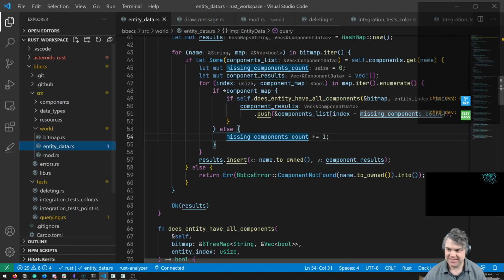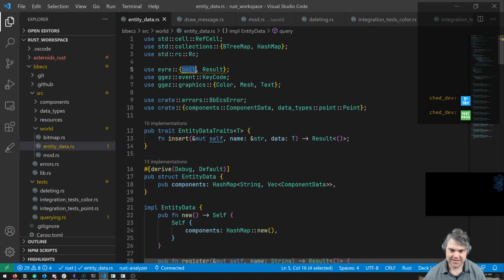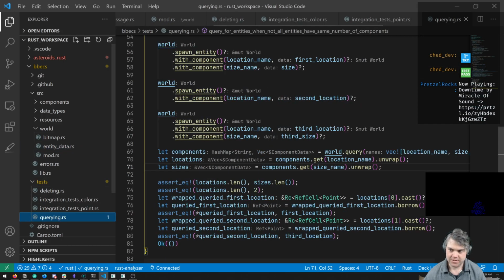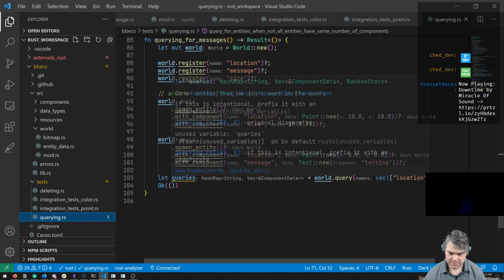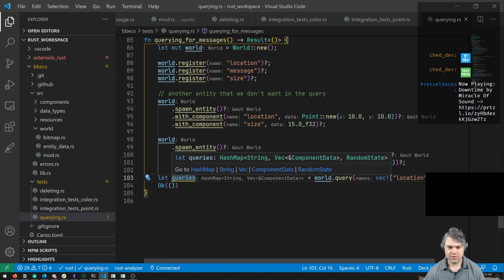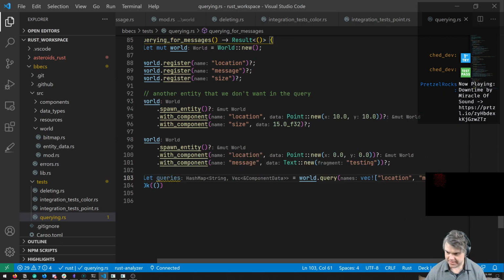Let's go ahead and get rid of some of these warnings. All right, so I'm not using bail here. Queries equals. This isn't queries. Oh, right, because this was just testing to make sure it worked. I don't know if I need.